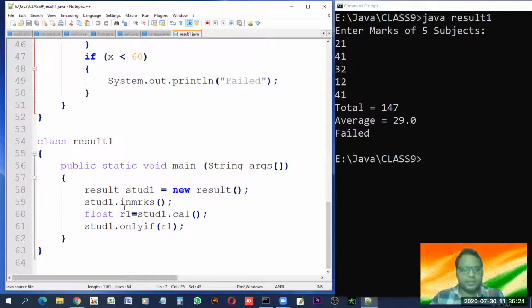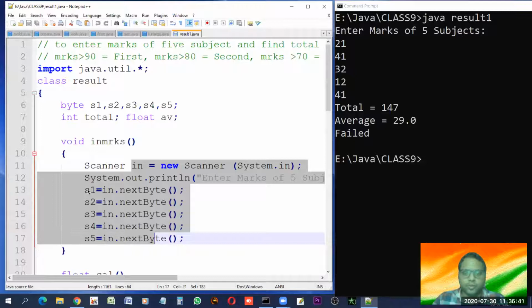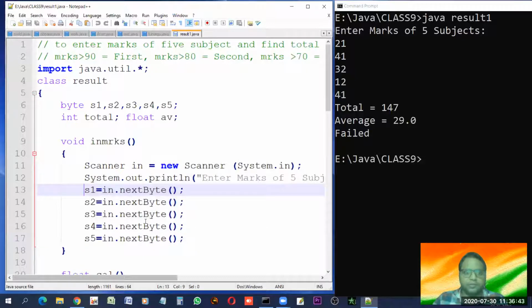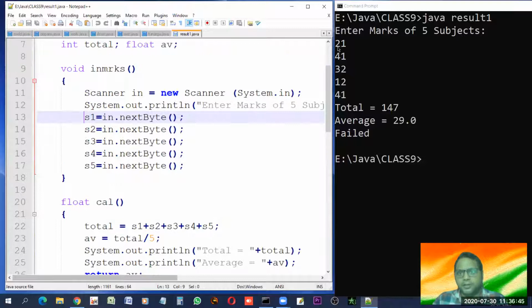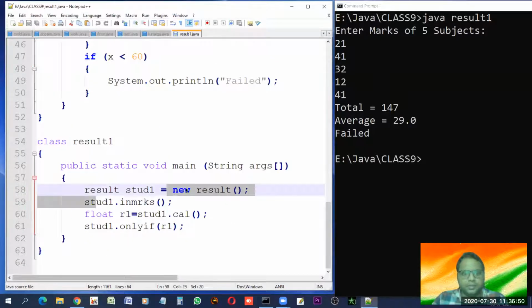So first let us begin with a very simple start. Here we are calling a function nmarks for student 1, and student 1 will call the nmarks function, and then this function will be invoked and it will enter marks for student 1, for subject 1, subject 2, 3, 4 and 5, which has been displayed here. Look, when this function is invoked, it started asking to enter marks of 5 subjects, then these 5 marks I have inputted. After inputting, I have called this function